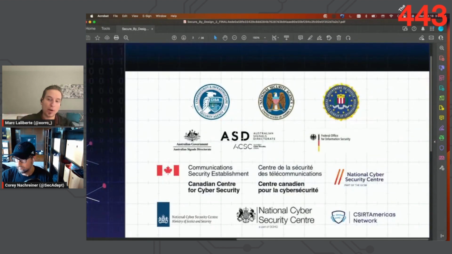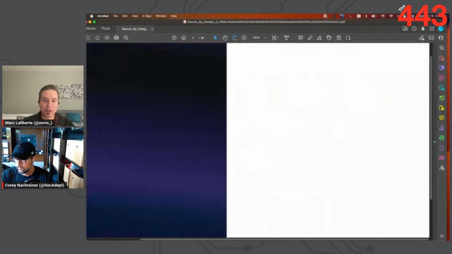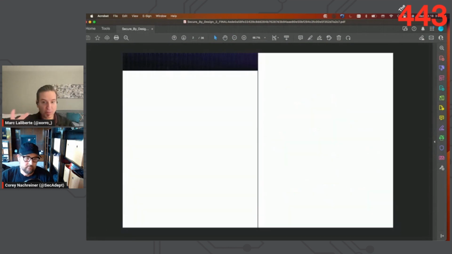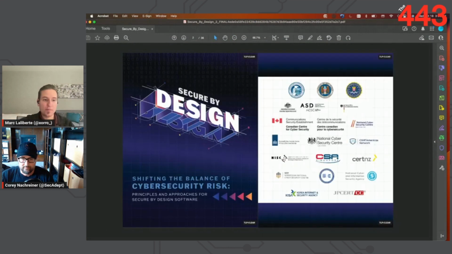So basically, executives need to be a part of the process and prioritize security as a critical element of product development. Those were the three original principles, and they basically took those and expanded them into this longer report that they just released this last week.